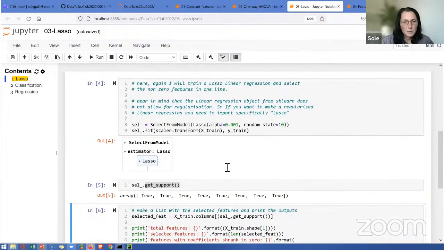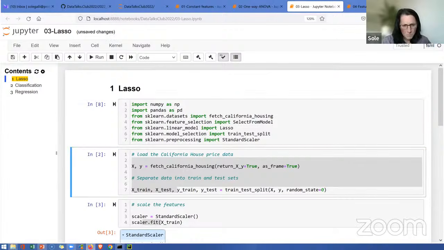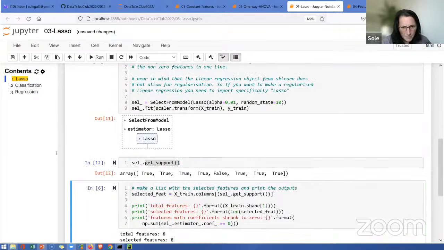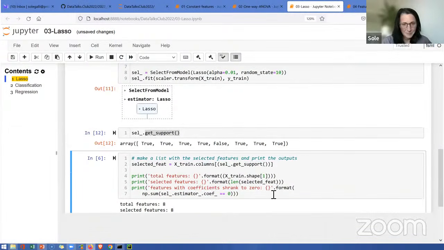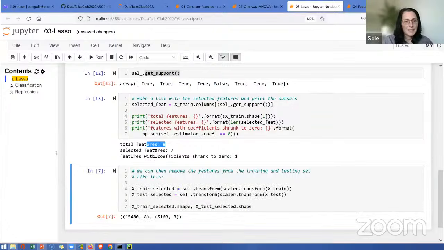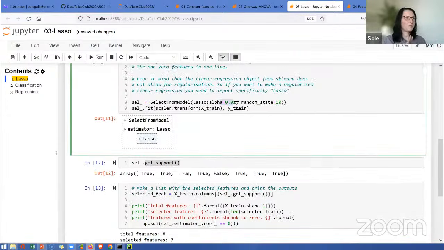Let's see if we can run this one. Yes, now I removed one feature. So we have 8 features. It selected 7 features. It means that this particular lasso with this particular penalty reduced the coefficient of one of